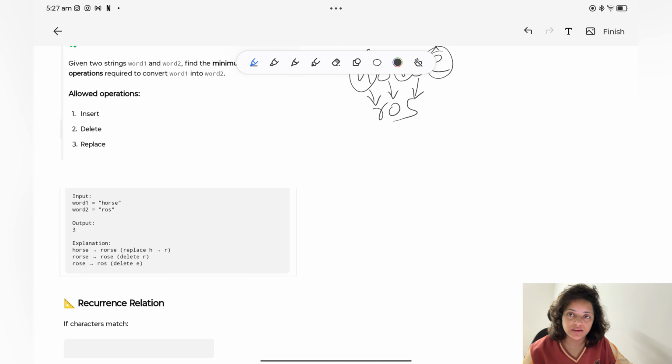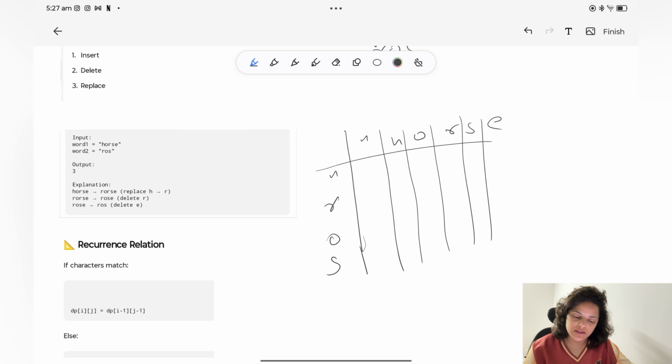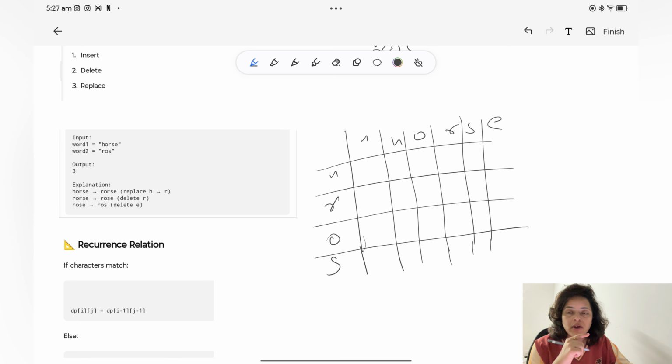So let's see how we can achieve that using a dynamic table, dynamic programming. So I'll take empty here and then HORSE and then ROS. So both the strings I will take in a table, and then let me draw lines to segregate values. And now see, if you have an